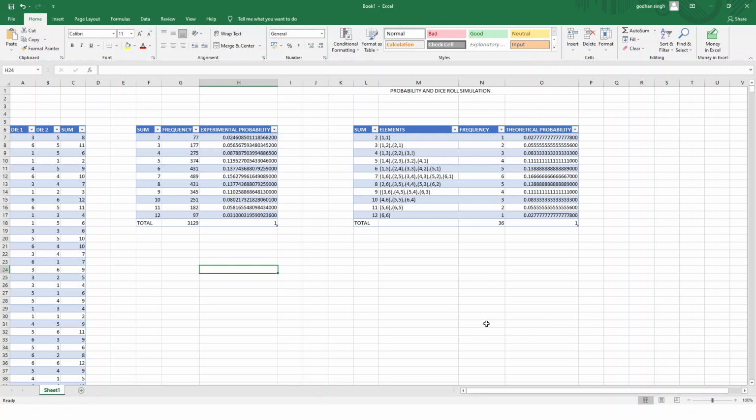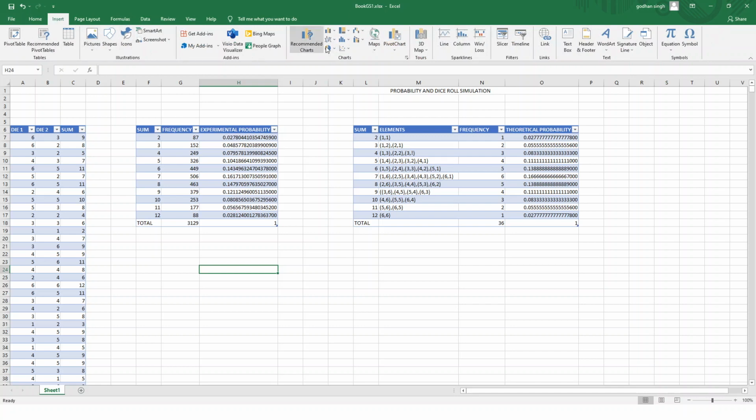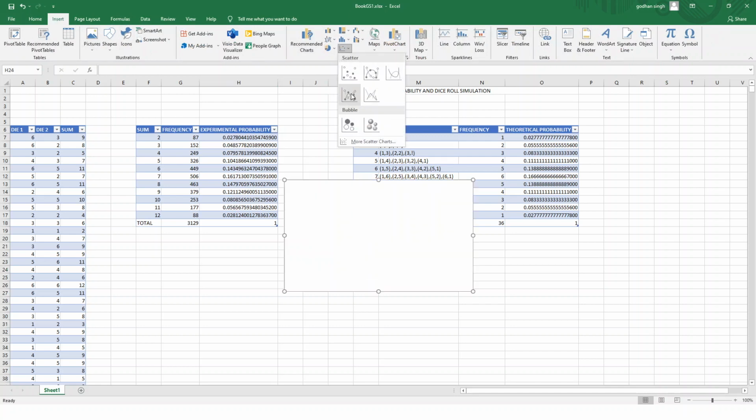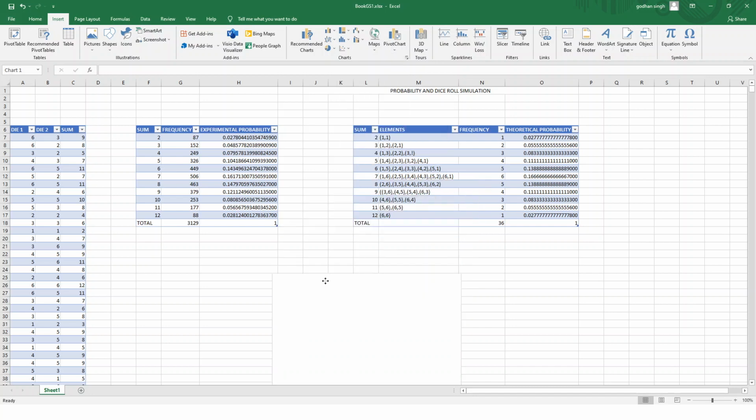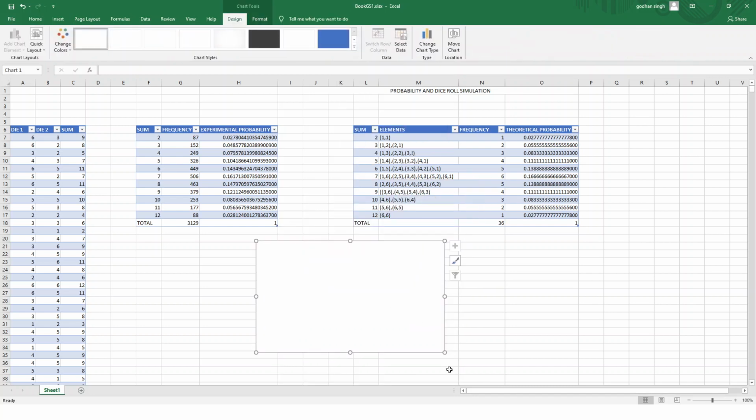So we have seen that if we take the number of trials more and more, the closer it will be to the theoretical probability. Now we'll draw a chart on which we'll plot the graph of experimental probability and that of theoretical probability together. So let's start doing that. For that we'll click on insert, and from here we'll go on charts, then click on the 4th one, that is scatter with straight line markers, and drag this down, and we'll increase the area of this.